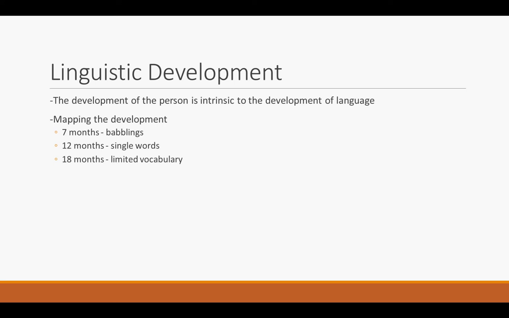But our development from language, right? This is another topic that has been thoroughly discussed quite a bit. Noam Chomsky ultimately said this is the hallmark feature of humanity, is language, and he is not the first nor the last to say that. But we start babbling at 7 months. And then at 12 months, we're able to start to respond to single words. And at 18 months, we're starting to grow this sort of limited vocabulary. But then by the time we hit 2 years old, we start to have this sort of linguistic explosion,